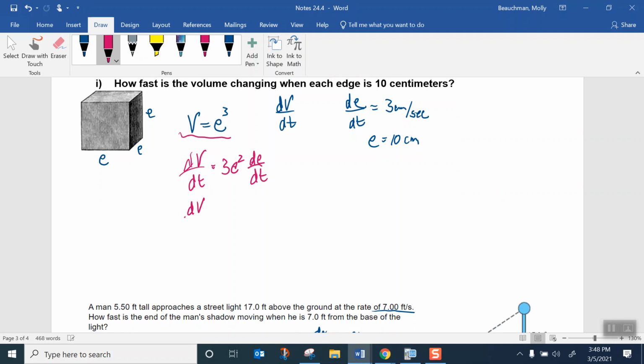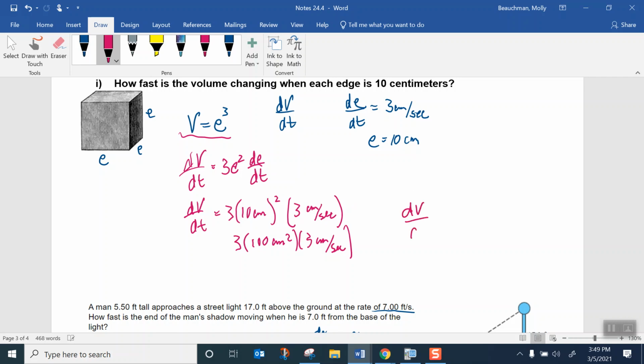So our rate of growth of the volume is 3 times the edge, which is 10 centimeters squared, times the speed at which the edge is increasing, 3 centimeters per second. Multiply out, we get 3 times 100 square centimeters times 3 centimeters per second. And for exact, we get 3 times 100 times 3, which would be 900